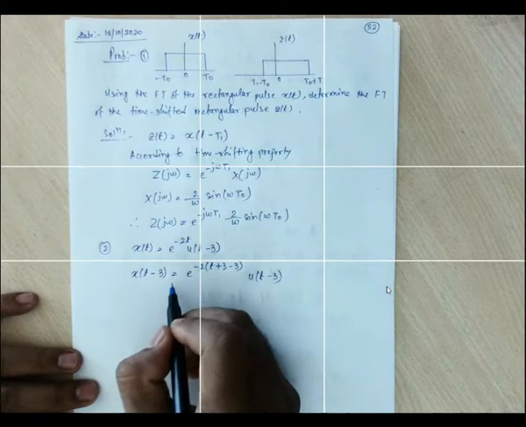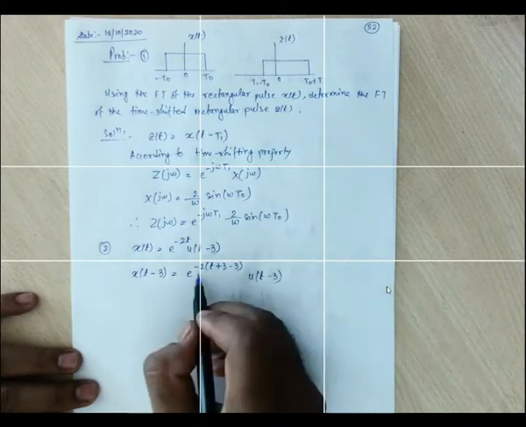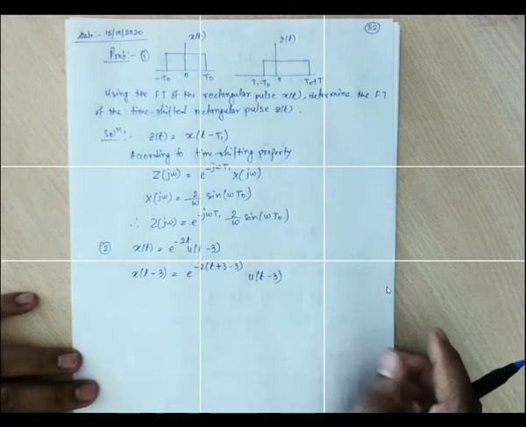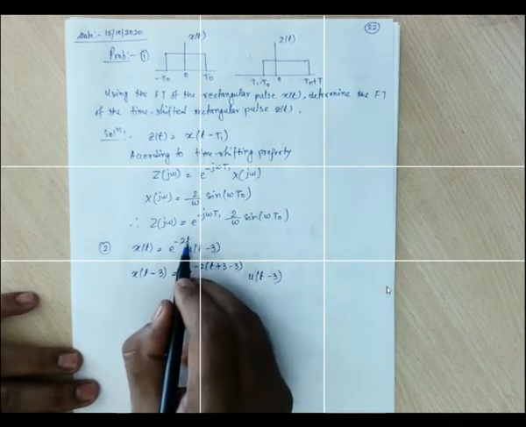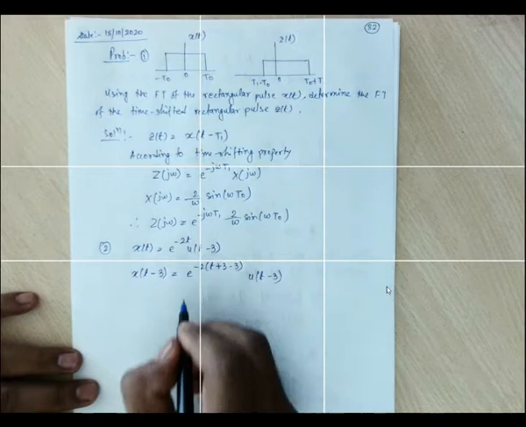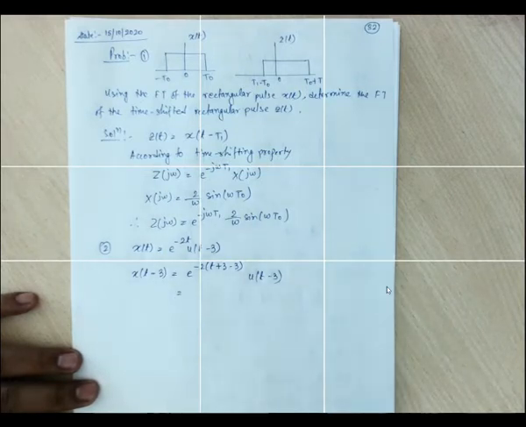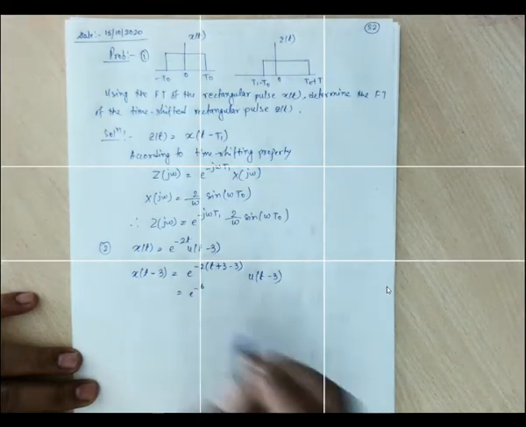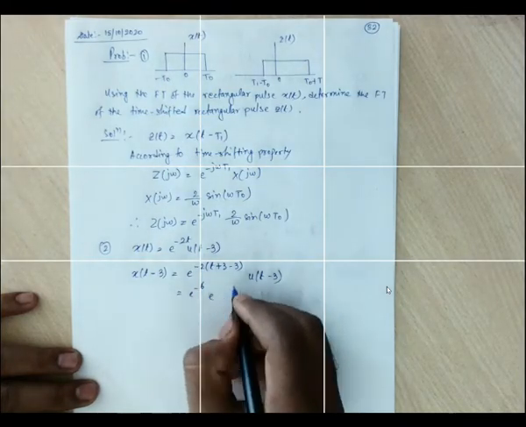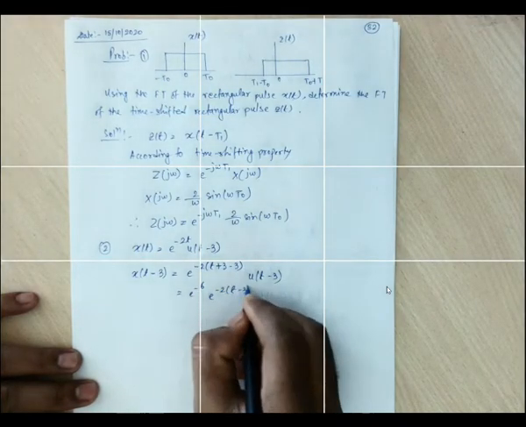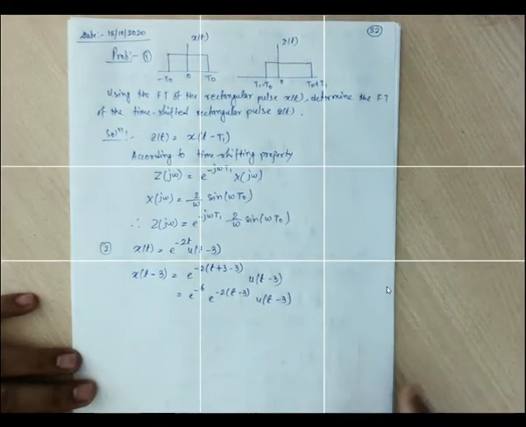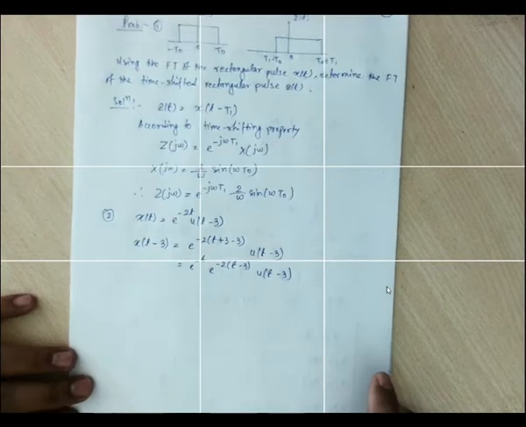So we need to take the signal, that is exponential part, at that location. Then we are supposed to apply the time shifting property. So what we did, it is t, so we need to take t minus 3 from that. So if we take t minus 3, then e to the power minus 6 is there. So we are writing something like this, minus 2 into t minus 3, u of t minus 3. Now whole of the signal has been shifted to the location 3, t equals 3.